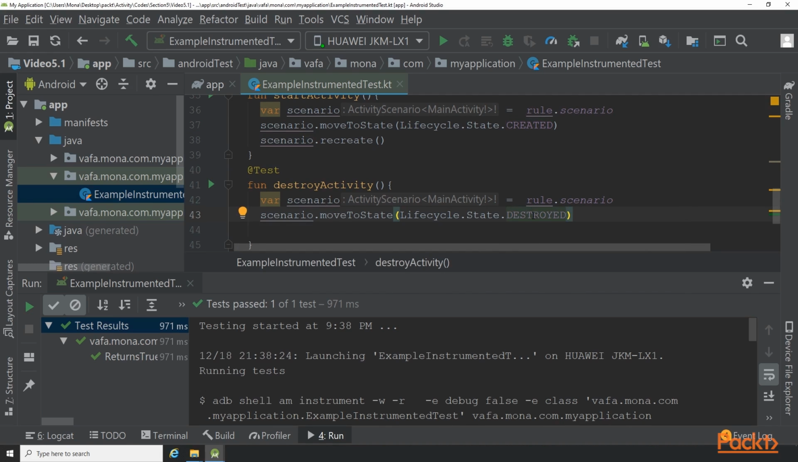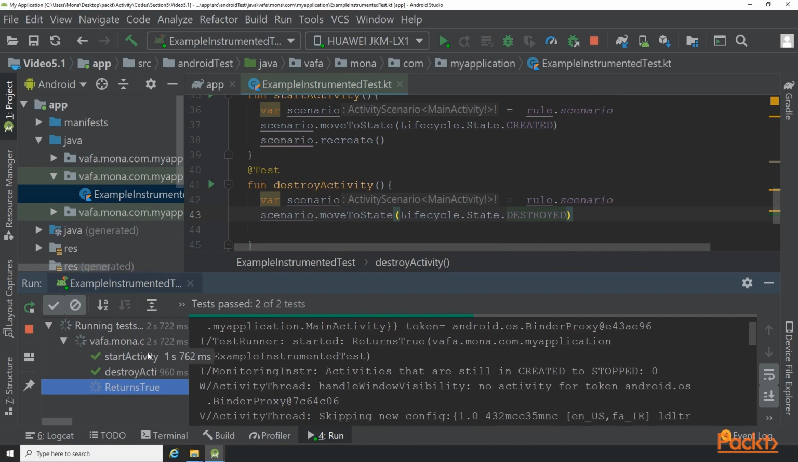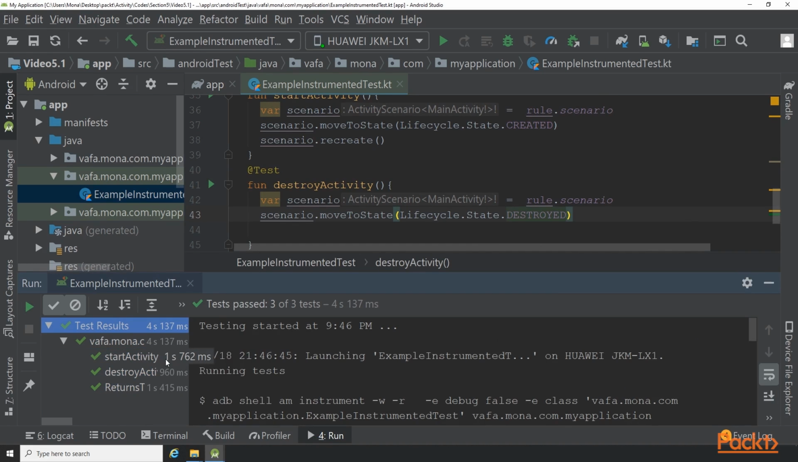Now let's run it to see what happens. Okay, it started testing. You see that the activity has started and it's been destroyed and is correct. So all these three have passed correctly. Now that we learned how to test different lifecycles,